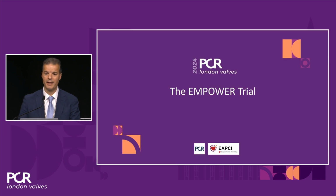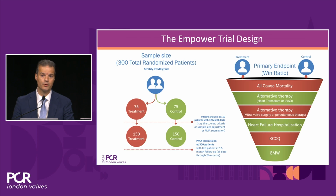So that fueled the passion to design the EMPOWER trial, which is again a double-blind, sham-controlled, randomized trial aiming to recruit 300 patients in total with a pre-specified interim analysis at 150 patients. The primary endpoint is a hierarchical endpoint focusing on win ratio between all-cause